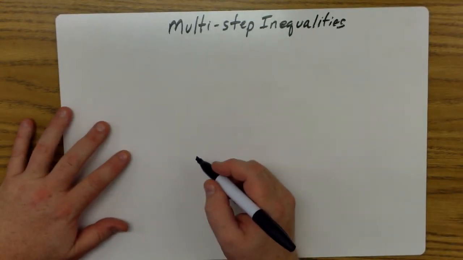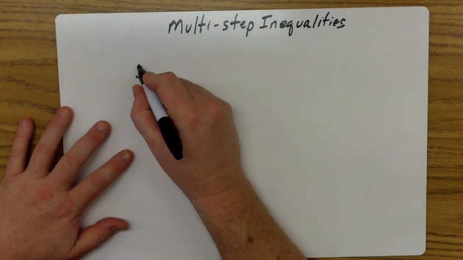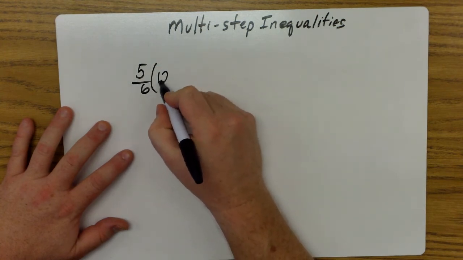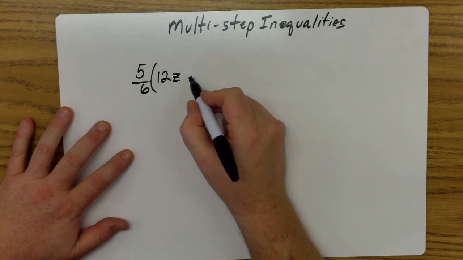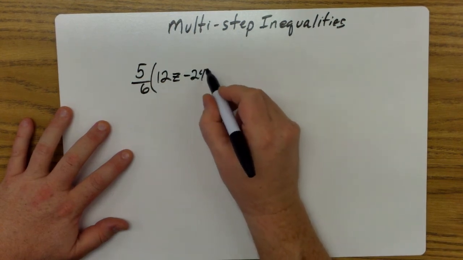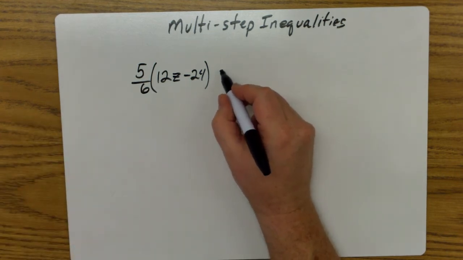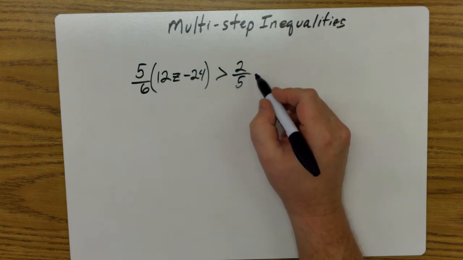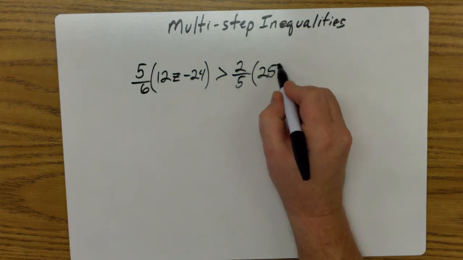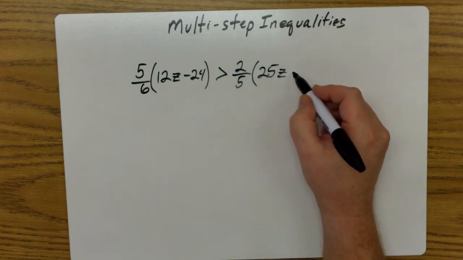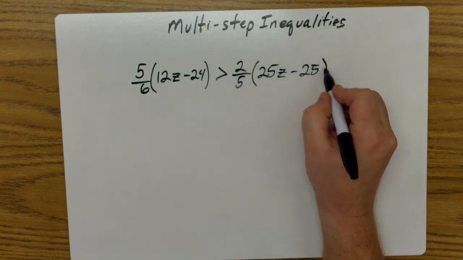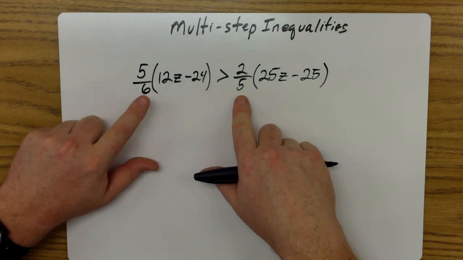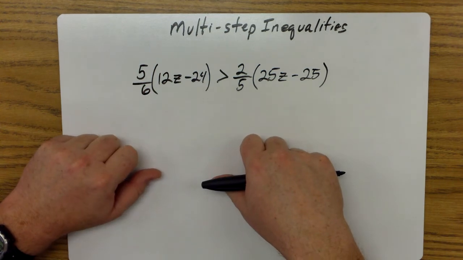Let's try another one here. Let's do 5/6 times 12z minus 24 is greater than 2/5 times 25z minus 25. Now normally we like to clear our fractions instead of distributing them out and have more fractions, but if